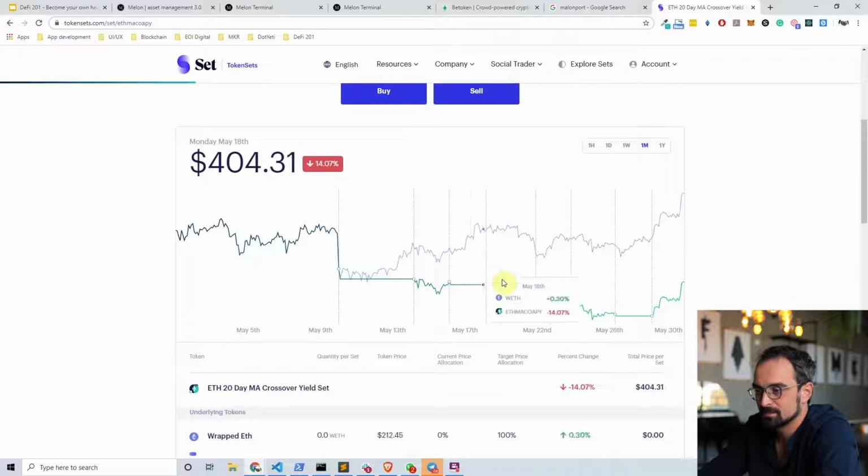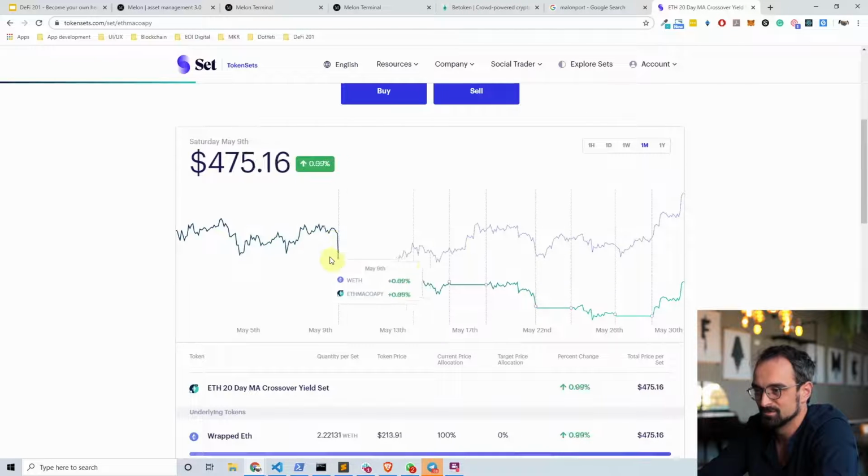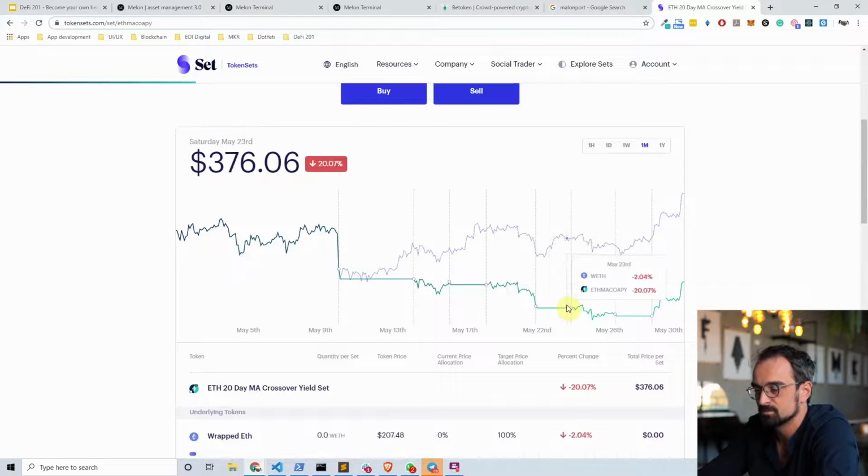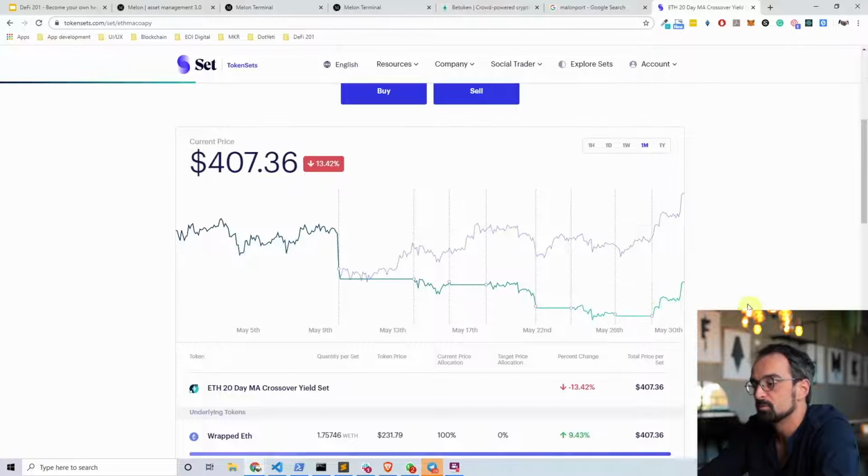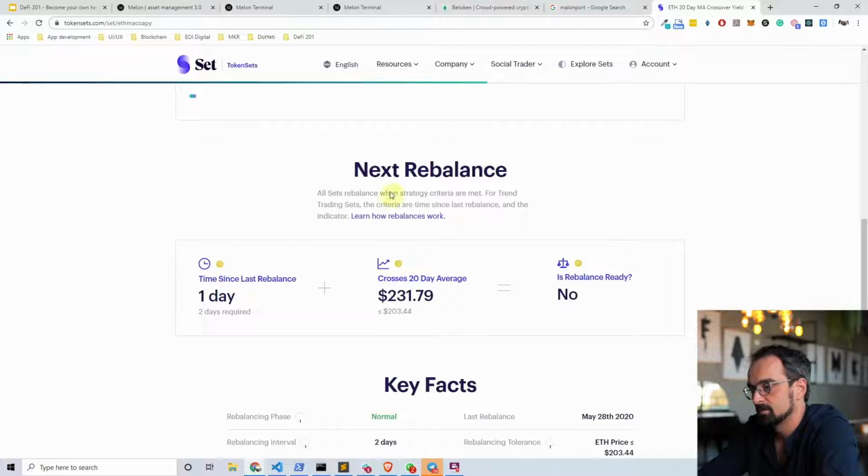You can see here, it's also not doing super good. But you can see here it's making different market movements regarding the 20-day moving average. And that means that